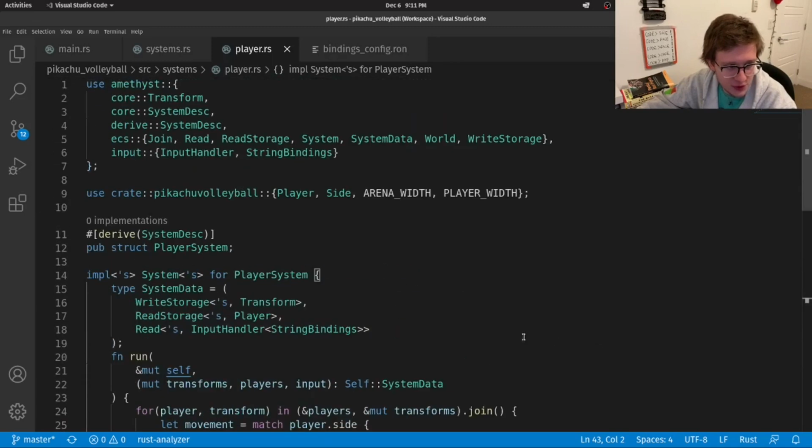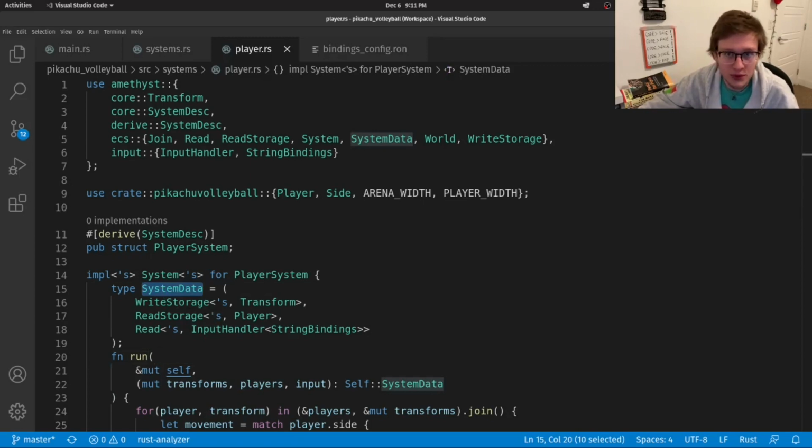So first things first, I already told you what a system is conceptually, but in code, all it is a struct, just like so, that implements the system trait. Okay. Now, because we don't want to load every resource, component and entity in every system, we have the system data here, where we specify the type of access that we want to a resource or a component.